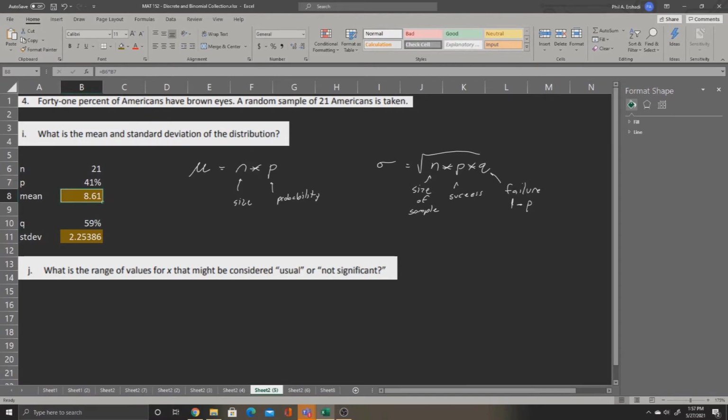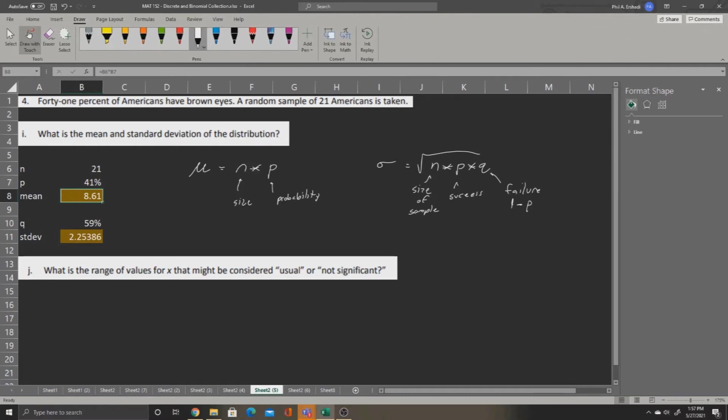Now, to find the range of values that are usual, we'll need to do a little more math. Our low value for usual is going to be the mean minus 2 times the standard deviation. To get the highest usual value, we'll take the mean and add 2 times the standard deviation. Since we already have both the mean and the standard deviation entered into their own cells, we can reuse those